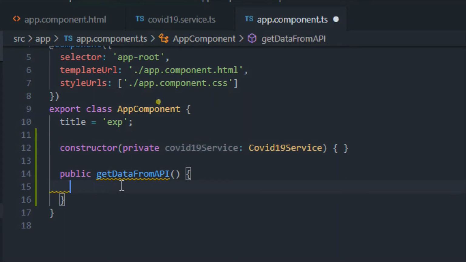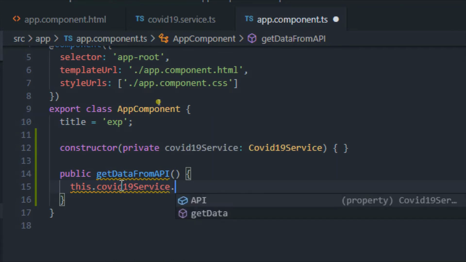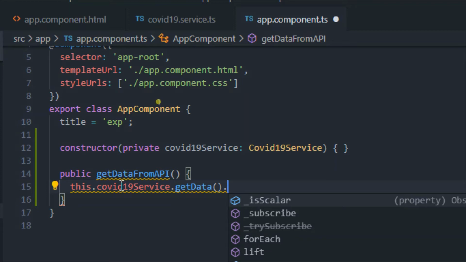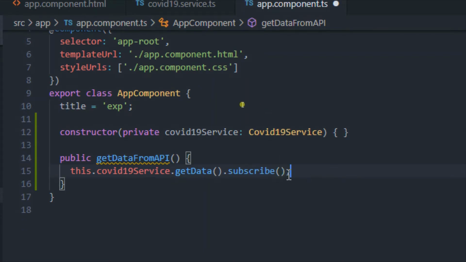Now let me use covid19Service.getData, and as that particular getData is returning an observable, we just need to subscribe to it. So let me type subscribe and let me give these brackets, and after that let me give the semicolon.